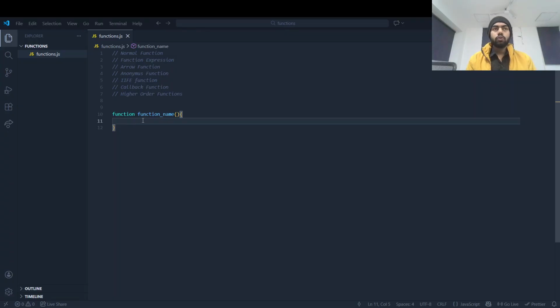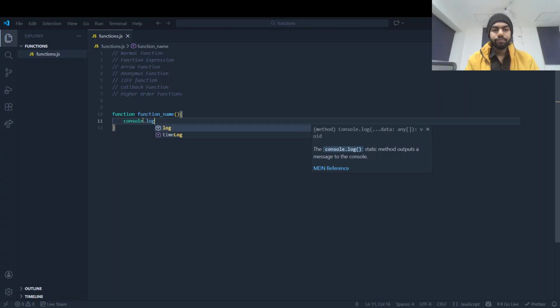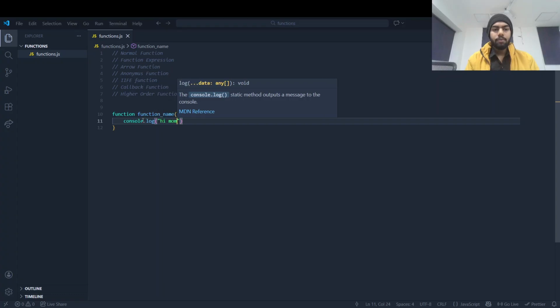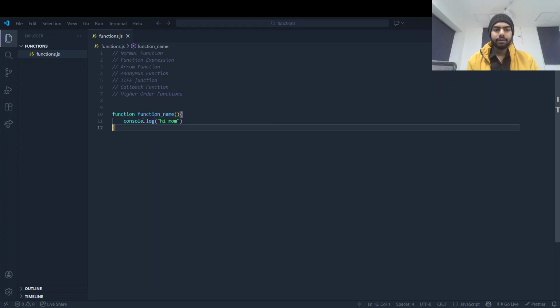Suppose you need to call your mom. I will write here console.log, Hi mom. So inside the function body we write the work which we want to do. Now if I call this function, hi mom will be printed in our console.